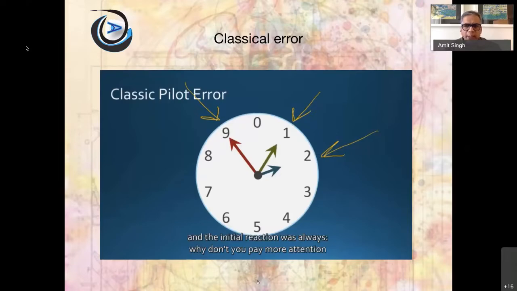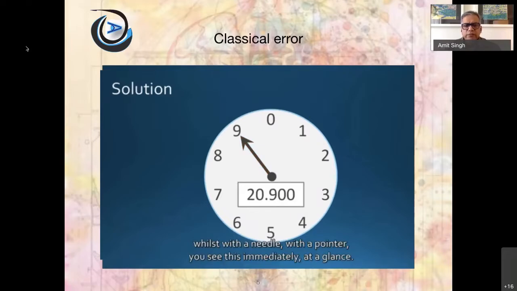So initially, when this confusion used to happen, of course, the pilot was blamed, and the reason was pilots were not paying more attention. Once you start paying more attention, then the flight length increases, or distractions come in, or fatigue sets in. So again, there were errors. So after a number of years, they decided to fix it. The designers said, yes, we have identified the problem. Now we'll fix it. So what they did was they made a digital representation, 20,900, which is very clear. So unless you go back to the drawing board and find out why this problem is occurring again and again,